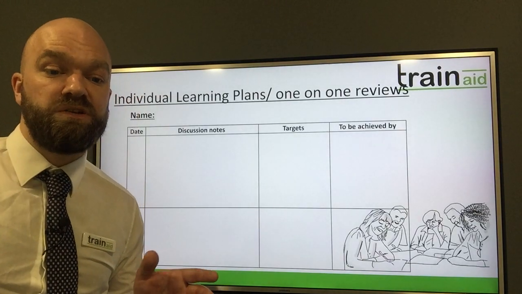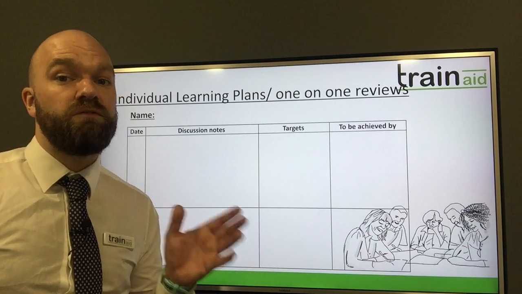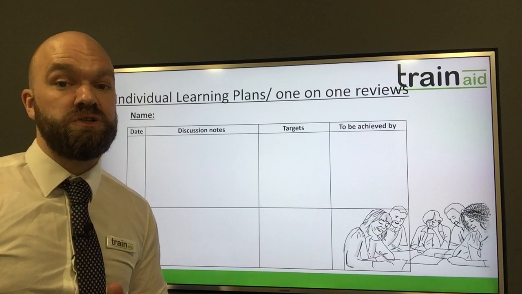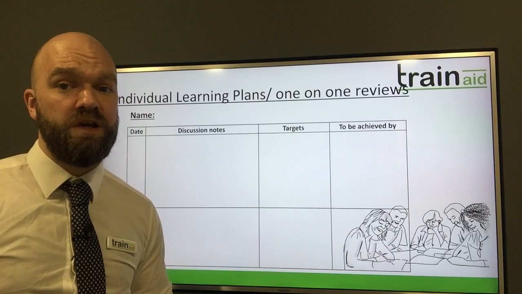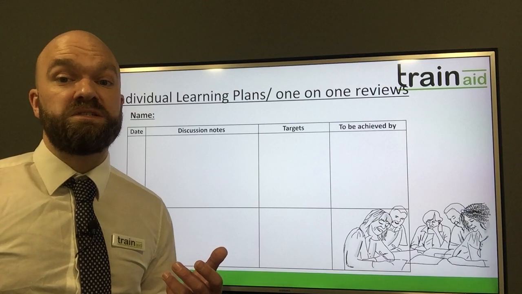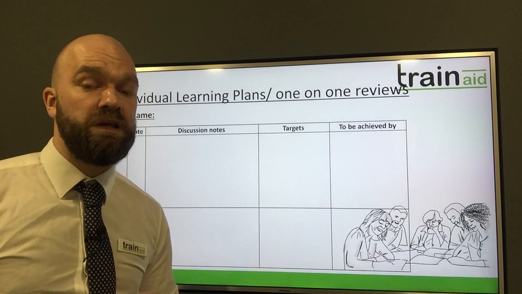Now, the next section we have is individual learning plans or one-to-one reviews. A very important part of being a teacher or trainer is just having a conversation with your learners on the course to see how they are progressing. Okay, so for ILPs, we're expected to see 5 different learners. You do not need to include their names as well for